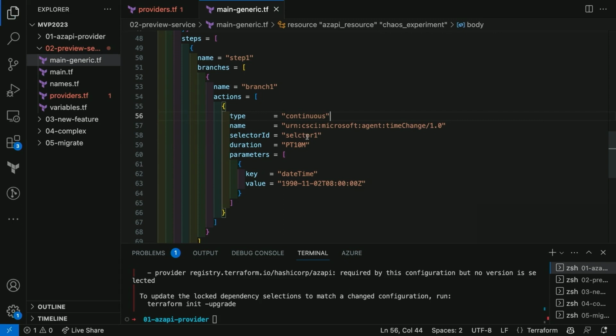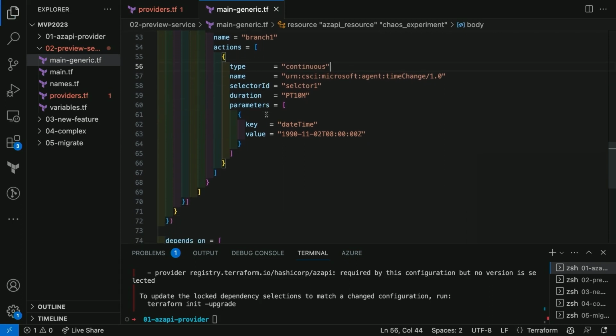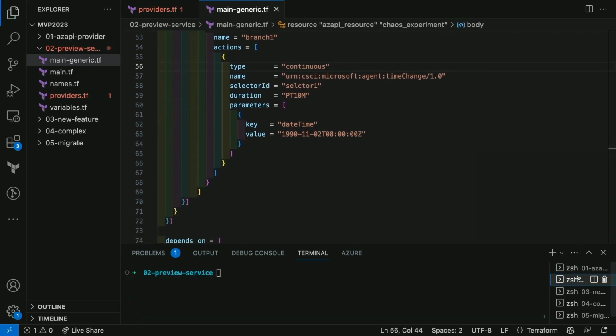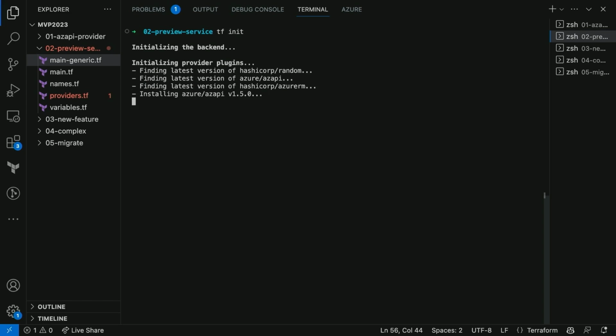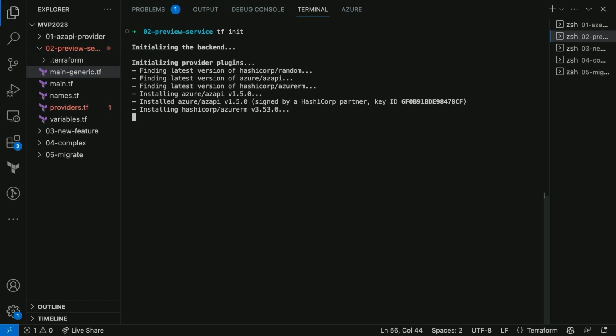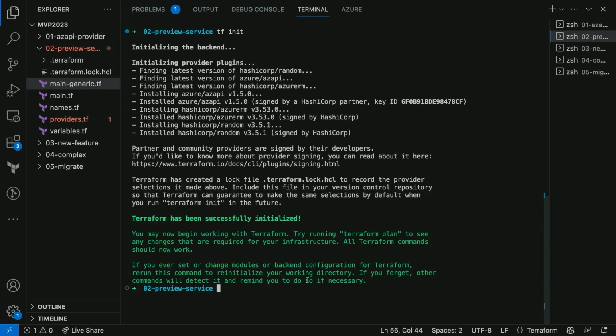So if I save that, here I can come down and go to my shell and do a terraform init. That will, like previously, get all of the providers pulled down and set up for me: the AzAPI provider, the Random provider, and the AzureRM provider, and do some quick syntax highlighting. And then if I do a terraform apply here,